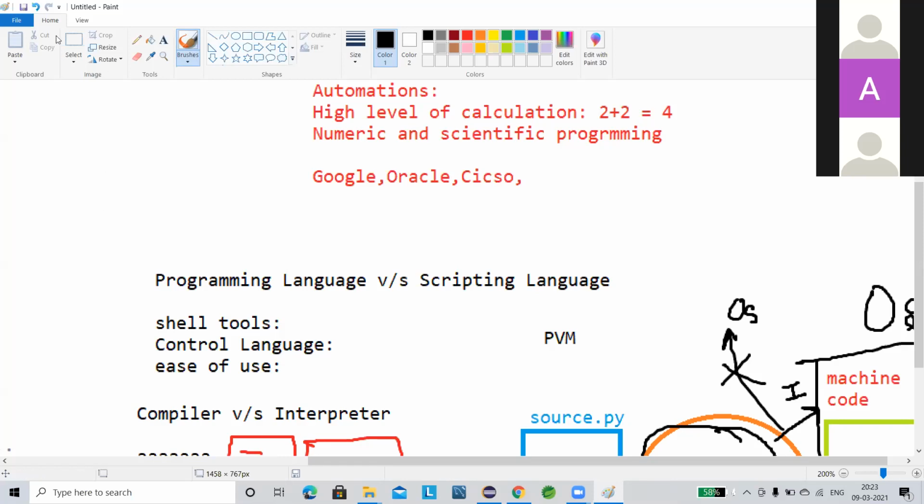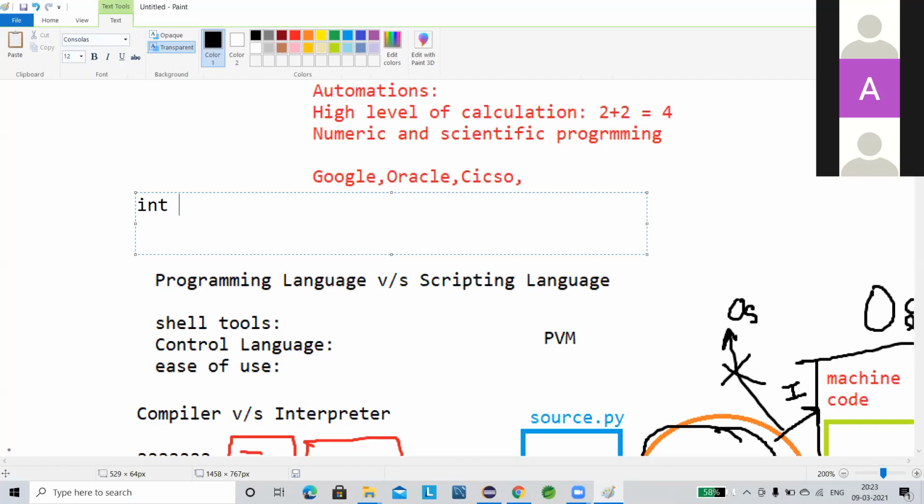In Python, you don't have to write integer i equal to 10. Instead, just directly type i equal to 10. This is a concept called dynamic typing, dynamic casting, that I will show you next day.